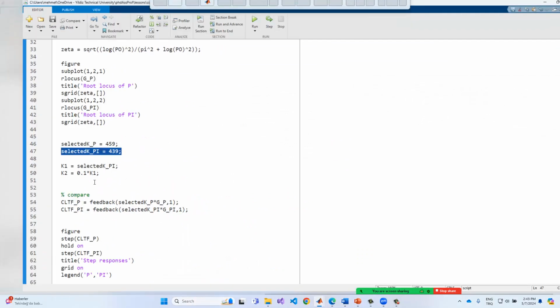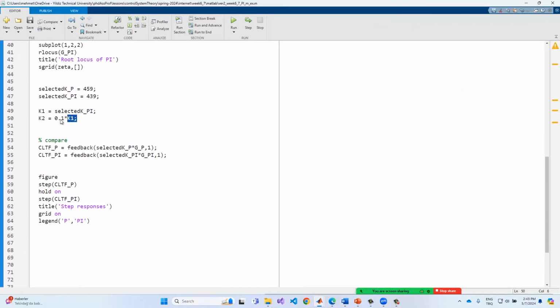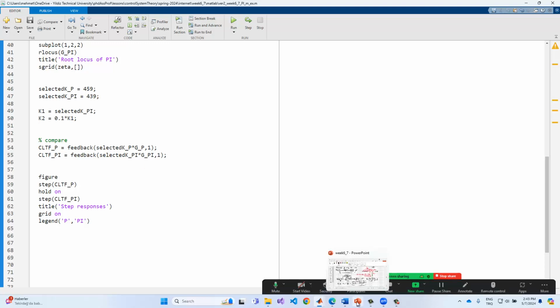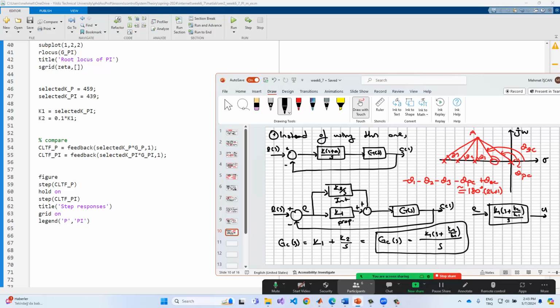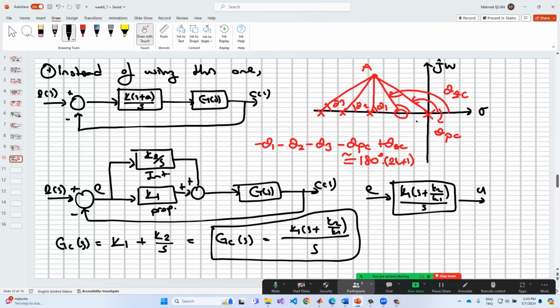And so 0.1 times k1 must be equal to k2. And so in order to design your system, k2 must be selected as 0.1 k1, and k1 must be equal to the selected kpi. Okay? You get that? Okay. So